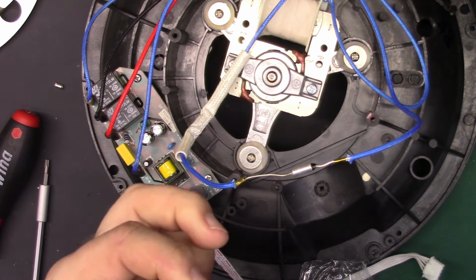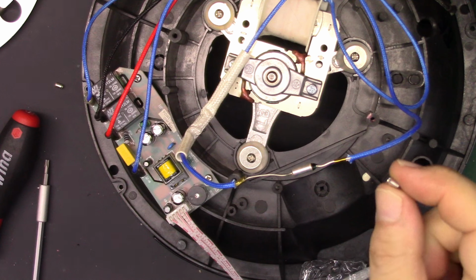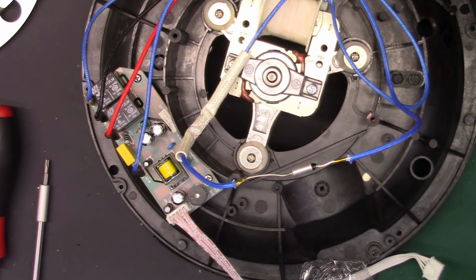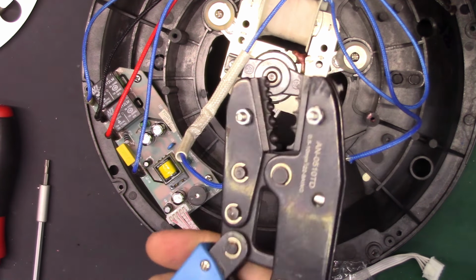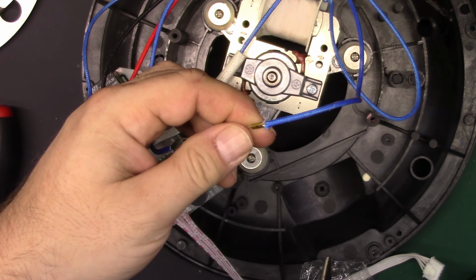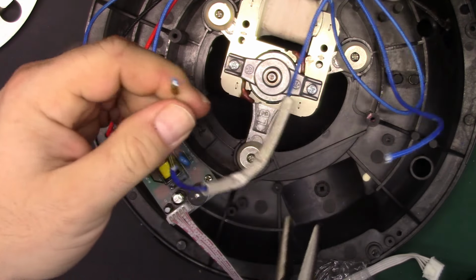Alright, so I just got some normal crimp lugs and just cut the crimpy part off, because that'll work just fine for what we need to do. And then we'll get the overkill crimpers. I don't think they're the right ones, but they'll be fine too. So next step is disconnect the old one. We'll just cut it,